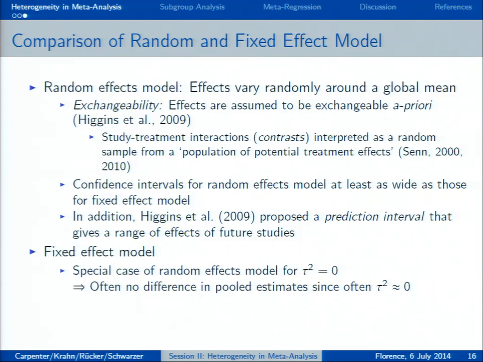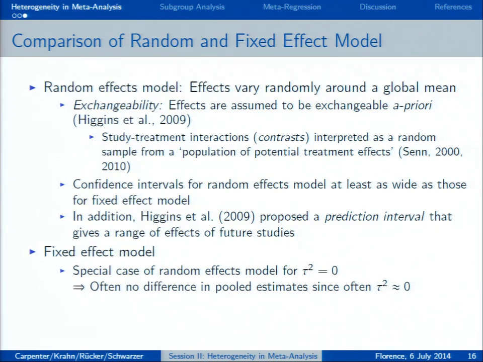So what we're basically saying at one level is that different studies are showing slightly different effects. There's a sort of study-treatment interaction, and the way we're handling that is by treating that as a random sample from a population of treatment effects. So Stephen Senn has written quite well on this,